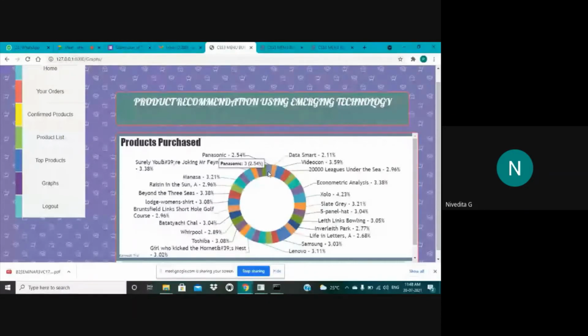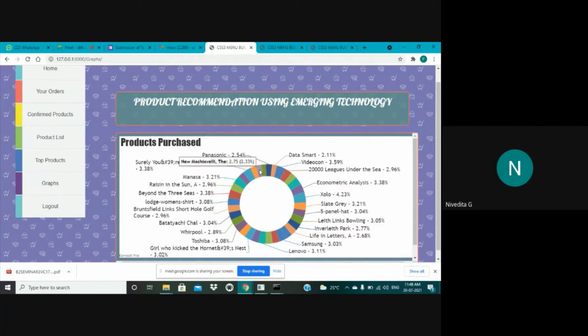So the user might have something else to buy, and might explore this page and get some more information, thinking, okay, this product is doing well. This might help me, so I will go and get some information on that particular product, and might change their decisions, and then go on purchasing that product. So this is also a kind of recommendation that we are trying to give apart from the top products page.